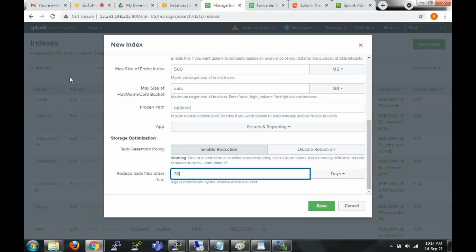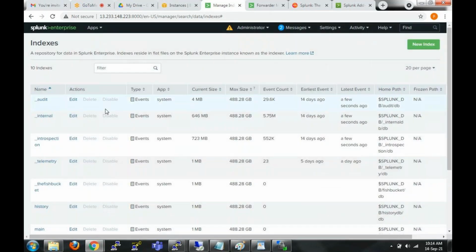See, the customer will ask you. The customer will say, I need to store 3 months of data, then you can say 90 days. If he says 6 months, you can update it to 180. So based upon the customer requirement, you have to mention how many days you have to store the data, which is the retention policy. For example, now I'm going for 30 days. Okay, save. Okay, so now I've saved. So what I'll do is we'll